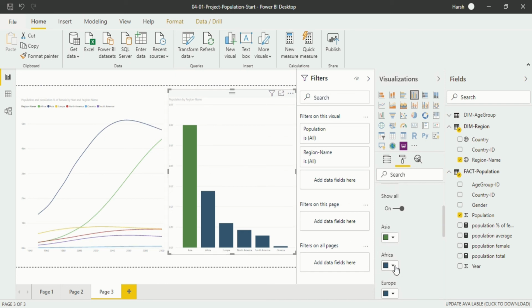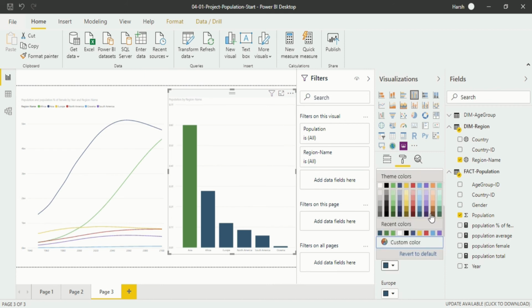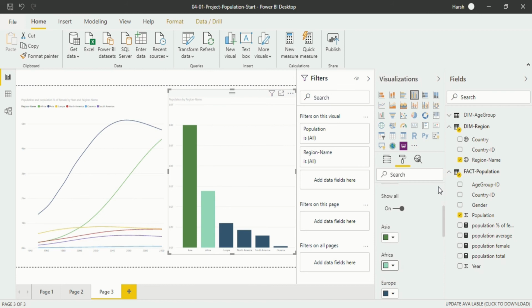Again, you can change the color of Africa also, which you can set to any particular color, say blue, and so on and so forth. You can change the color of every bar that is available in your visualization. Now this is one of the features, a simple feature through which you can change the data bars. But as of now, if you want to do it automatically, like where the population is high, its color should be different from where the population is low.